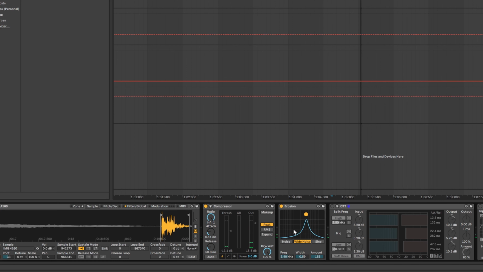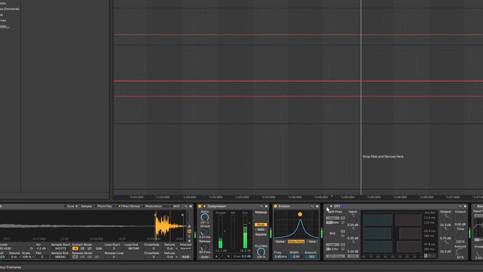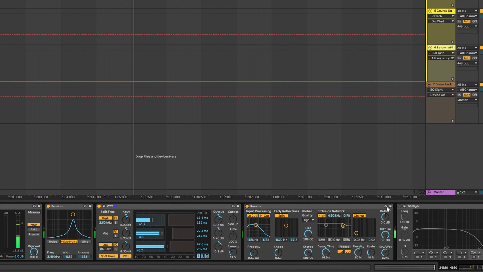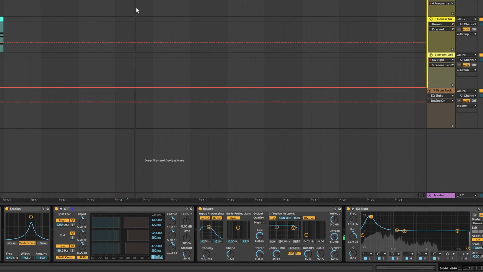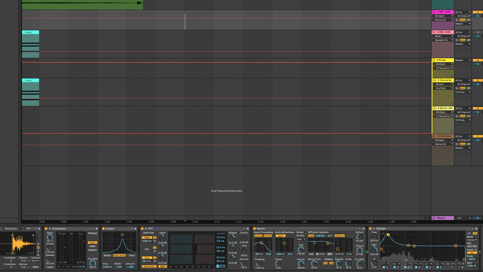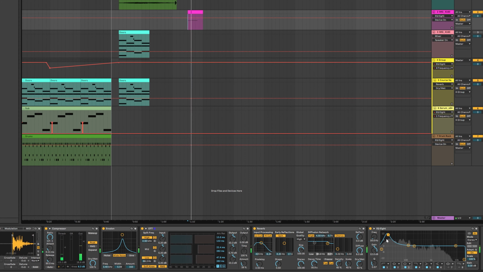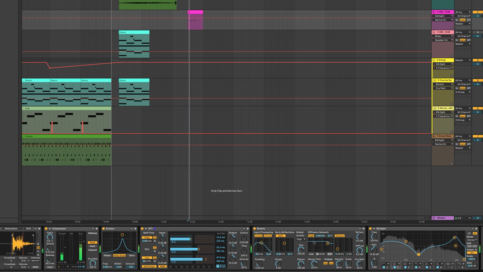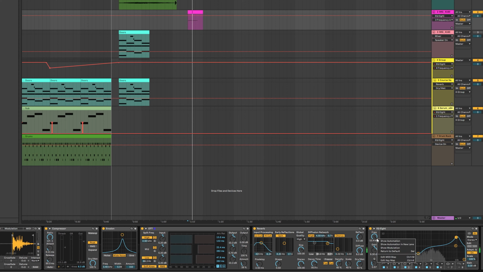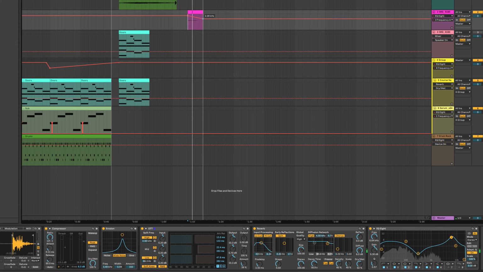As you can hear, erosion can really destroy your sound in a good way. And as you can see, the reverb makes it way different. So let's actually record it. Let's add something like this here. Automate the peak going down.